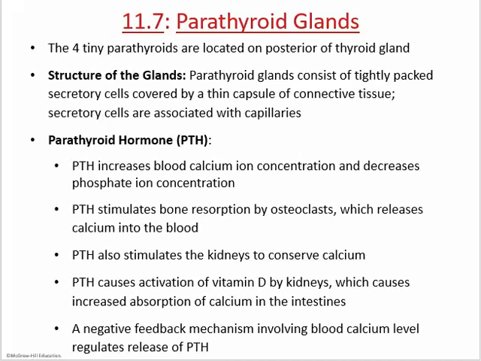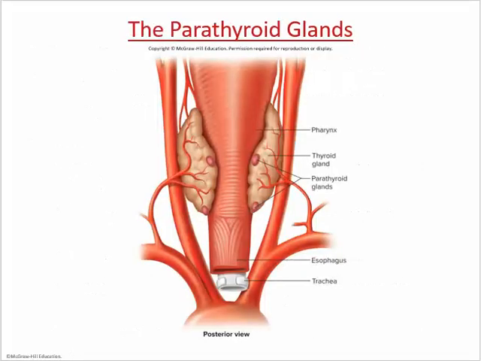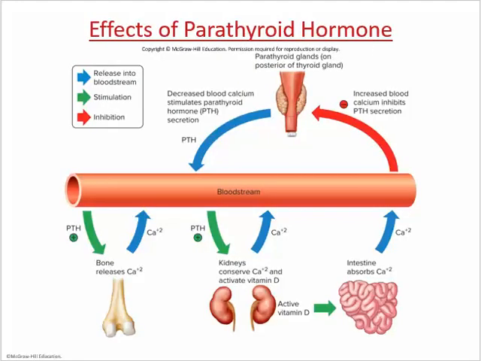Parathyroid hormone also causes you to conserve calcium. It does the opposite of calcitonin in the kidneys, and it causes the activation of vitamin D, so you increase calcium absorption from your food. All 3 of those things increase blood calcium levels. So parathyroid: increased blood calcium, stimulated by low calcium levels. And it's just found right there, 4 little glands. Just a chart.